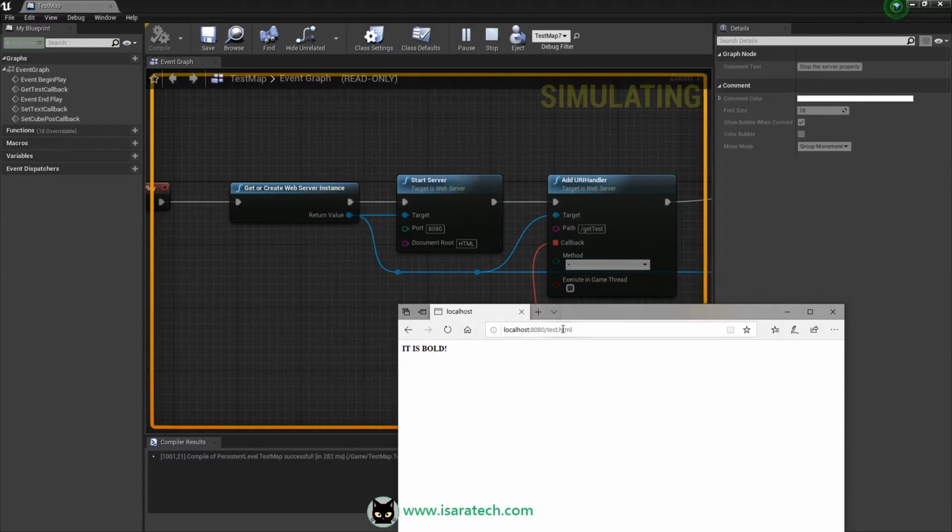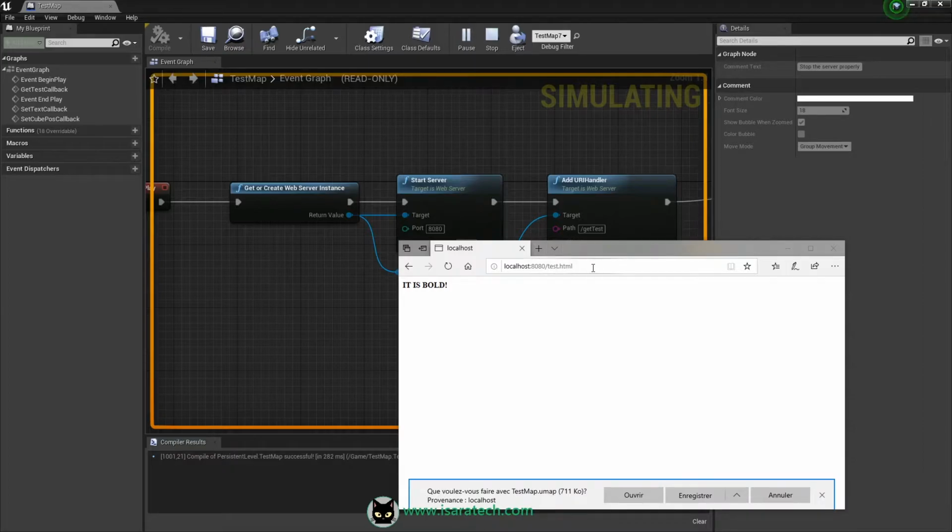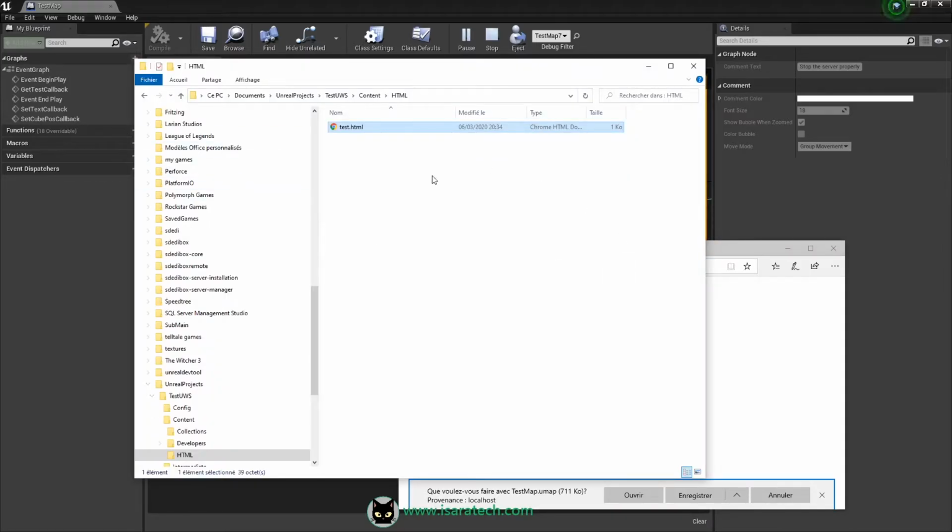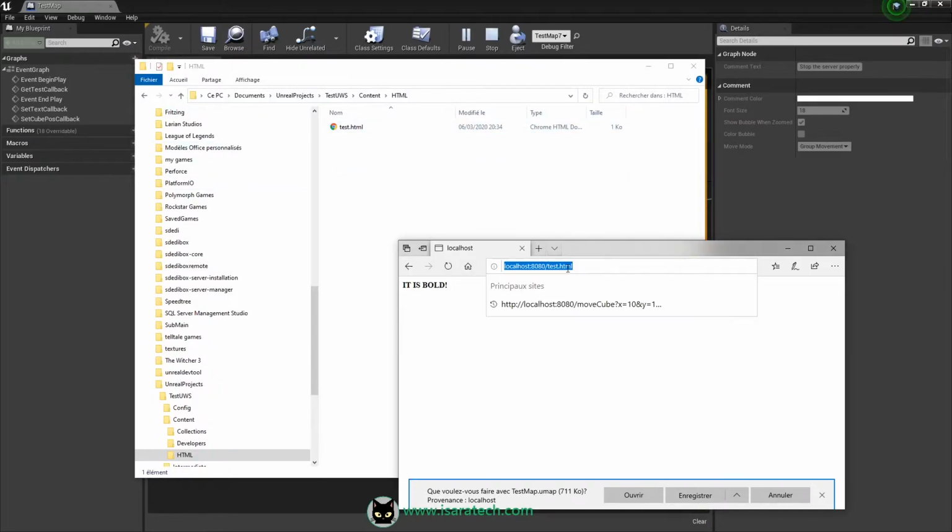It is bold, it works. My test.html file is found. I have only a test.html, but if I use test2.html, we have a 404 error because we don't have such a file in our folder.